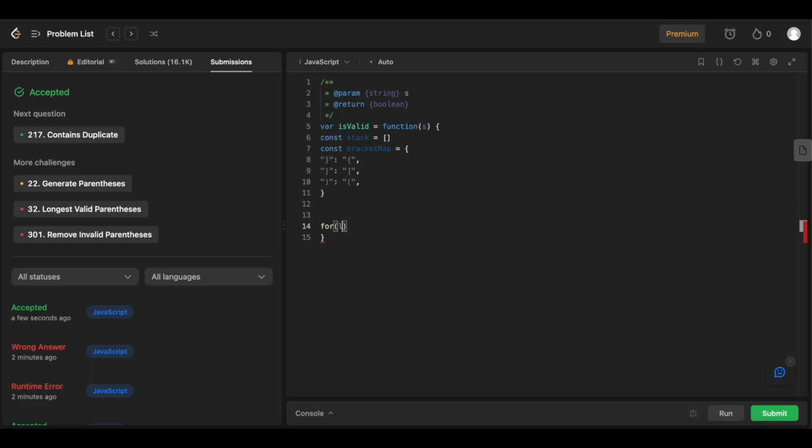We'll let i equal 0 while i is less than s.length, i++. And we will first check, okay, if s of i is in our bracket map, then